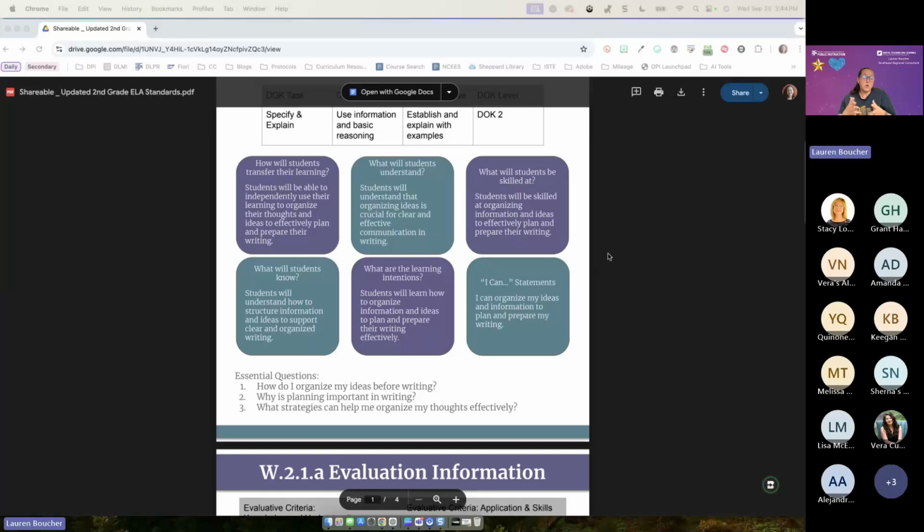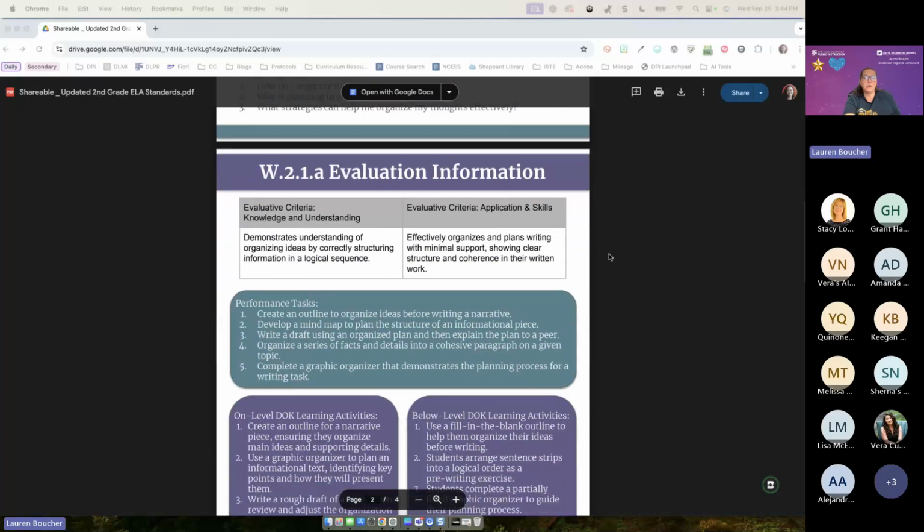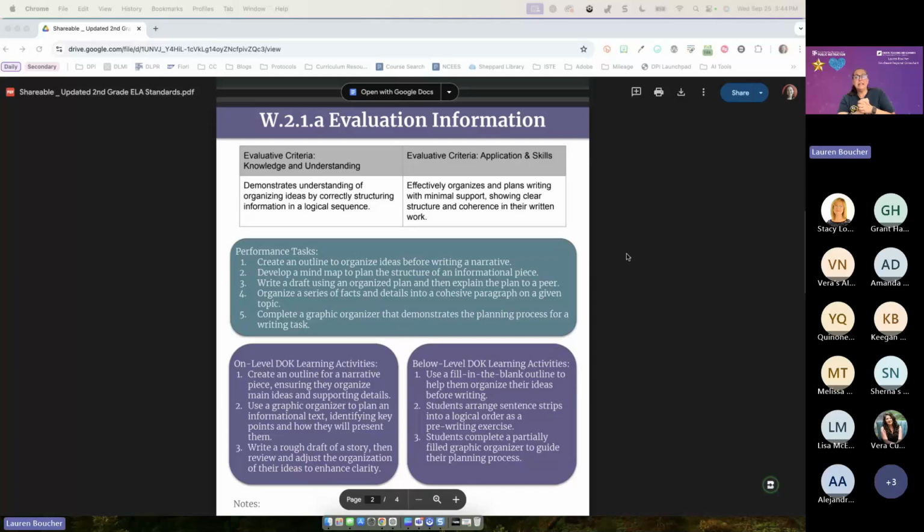ChatGPT is the one that I use. We then talk about the essential questions, however you say that word, Stacy. Sorry, I'm going to try not to. And again, because I love backwards design and I feel that it is such a powerful way to plan, I go ahead and create the evaluation information.